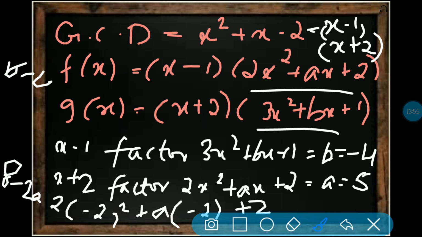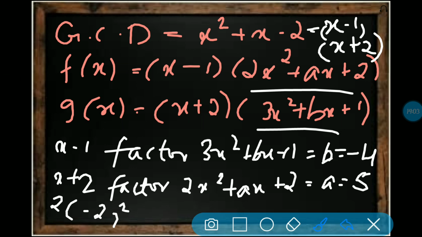So 10 will go to RHS and become minus 10. Then this minus 2 will go to RHS and become minus 10 by minus 2. I'll write that here, then it will be easy. So a will be minus 10 by minus 2, then minus minus will get cancelled and it will become 5. So this is how we will do. That's it, finally our answer is got. It is option B. Now we will see the second one.